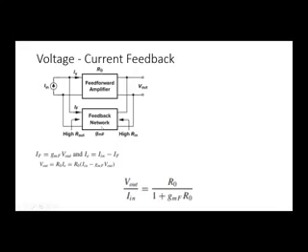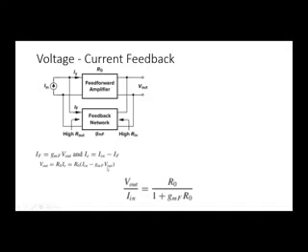Here, the feedback network form factor is GM, and the current here is added to the input current. So the feedback current IF equals GM into V naught, and the error current IE equals input current minus feedback current. So finally V naught equals R naught into IE, that is R naught into (I in minus GMF V naught).